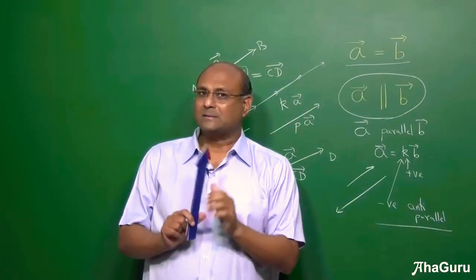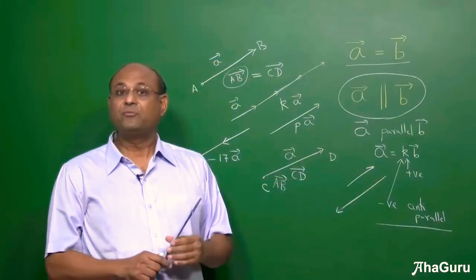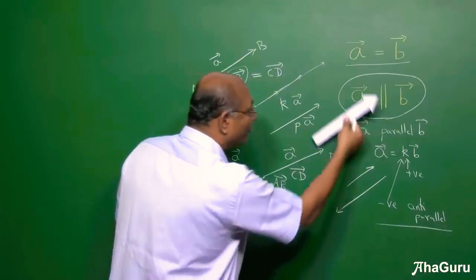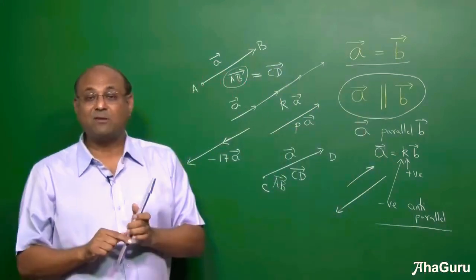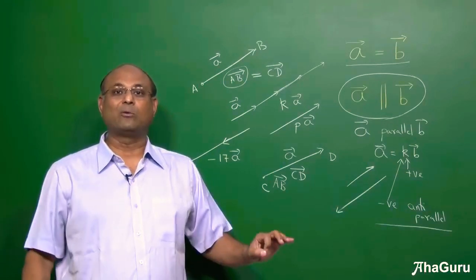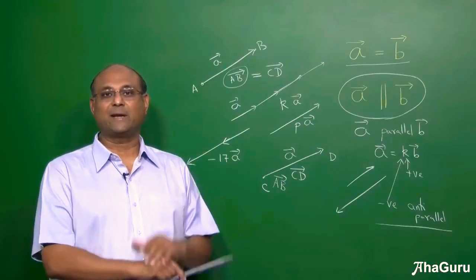So there is one simple idea that we need to keep in mind. All these vectors are free vectors. That means it doesn't stick here, it doesn't have to start here, it can be moved around. But there is one kind of vector that we are going to focus on which cannot be moved around. Its starting point is fixed. Okay, it is called the position vector.